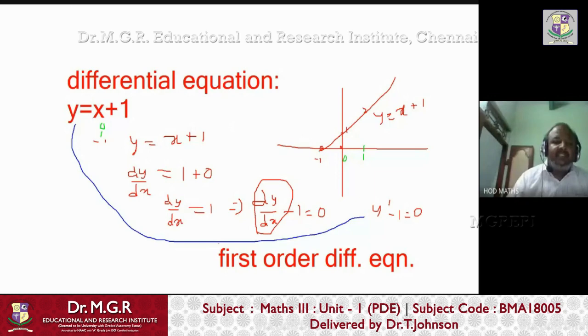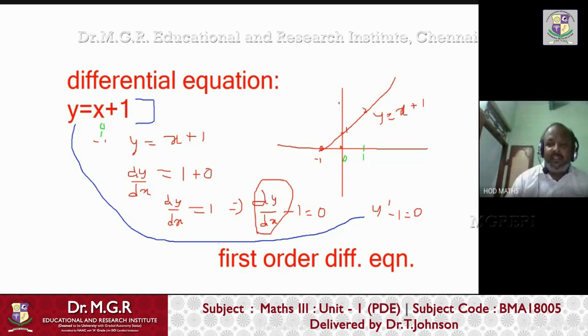Usually an equation represents the movement of some object. It may be the movement of a car, or the movement of a share price, or of an oil price. It always represents the movement of certain things, whether a thing or a commodity. And the derivatives, dy by dx and d square y by dx square, are nothing but the velocity and acceleration of the movement. Otherwise, it is called the rate of change of the path.